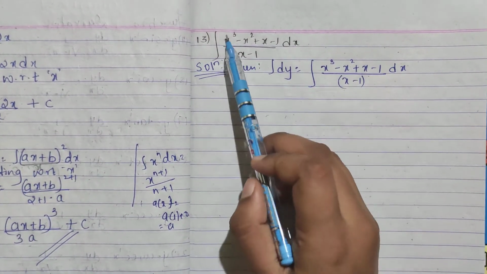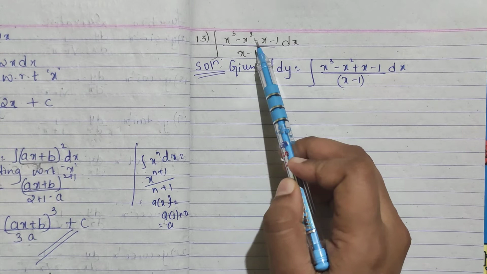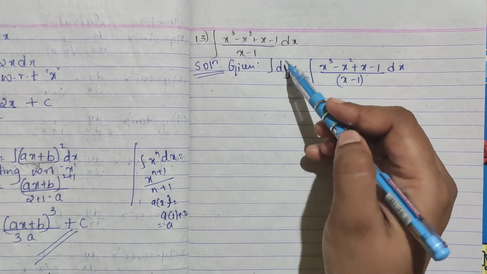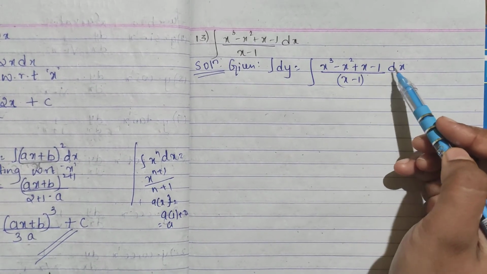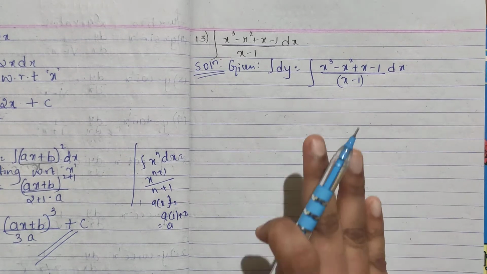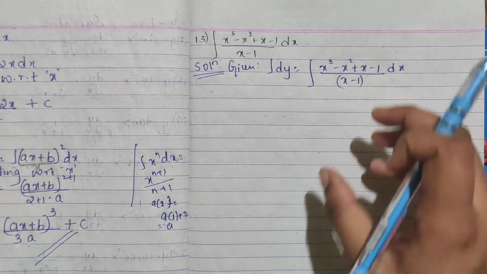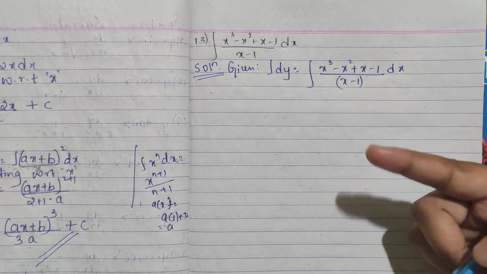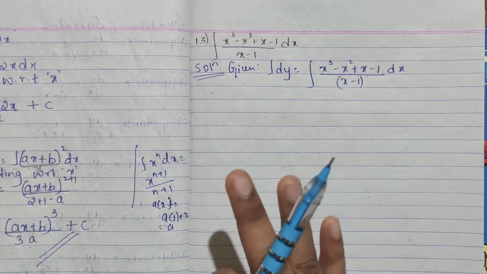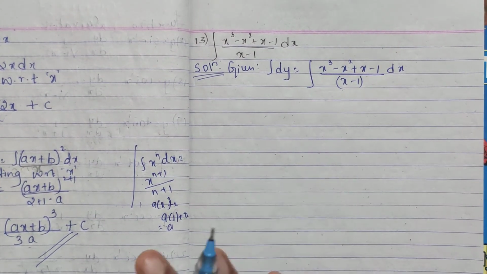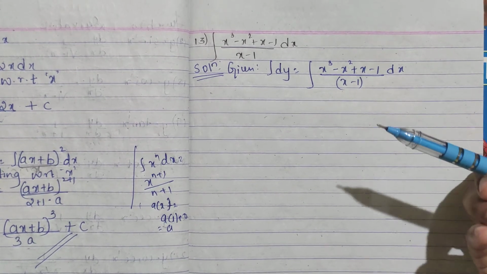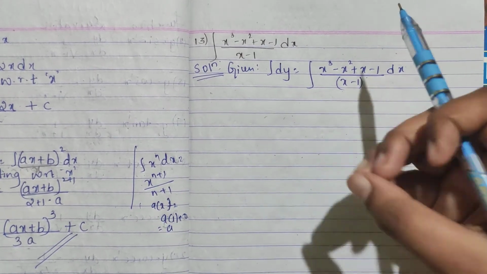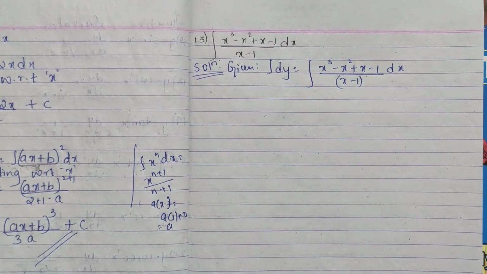Next question, the 13th one I have taken, integrating x cube minus x square plus x minus 1 whole divided by x minus 1 dx. So the solution, how do you write it? Integration dy, integration x cube minus x square plus x minus 1 dx whole divided by x minus 1. Now here is another kind of question, right? It is a bit different. Here you can't apply the quotient rule as you viewed in differentiation, because in integration there is no such formula or property for applying the quotient rule. Okay, we are doing just simple integration without applying anything. So we will just try to simplify it, and we will integrate it.